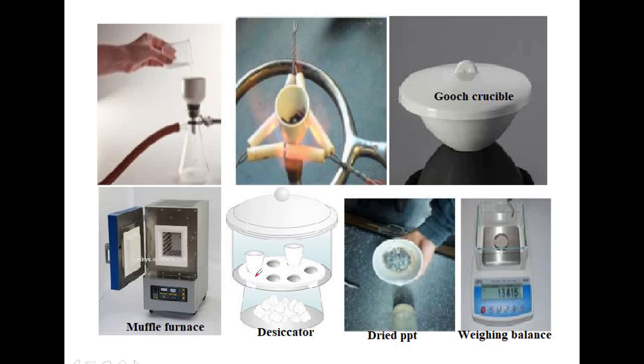The desiccator actually cools the sample, and here you have a drying agent. It absorbs all the moisture present, and the sample is perfectly cooled. After cooling, when you remove the precipitate from the desiccator, it will be in an absolutely dried form, that is, dried barium sulfate precipitate. Along with the lid you have to weigh it again. Whatever value gets displayed is the final weight of the barium sulfate plus Gooch crucible. The previously weighed weight is W1. The final weight is W2. The difference between the two readings will give you the weight of barium sulfate precipitate.